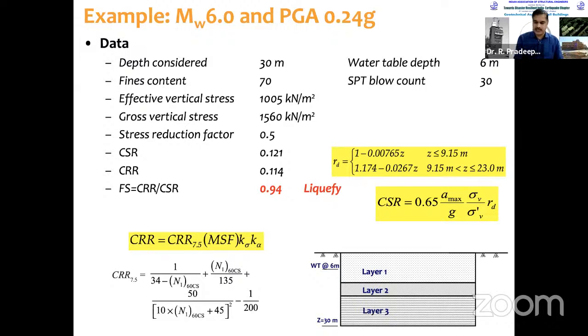Further, I have reduced it. The magnitude is 6 only, but the peak ground acceleration is 0.16. Now it is safe against liquefaction, and it has come to 1.4. So what I have done was zone 5, zone 4, and zone 3, for the same site. Similar conditions, but in zone 5 it is liquefying, in zone 4 it is liquefying, in zone 3